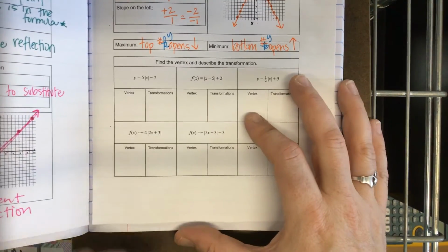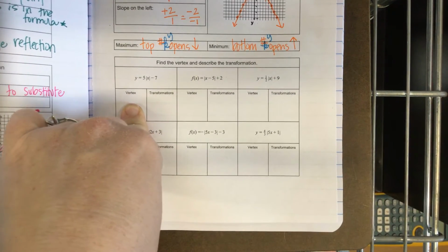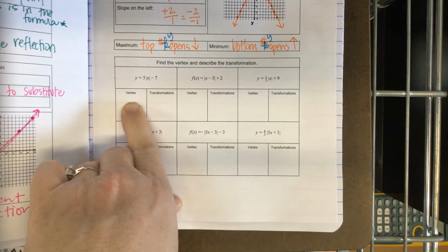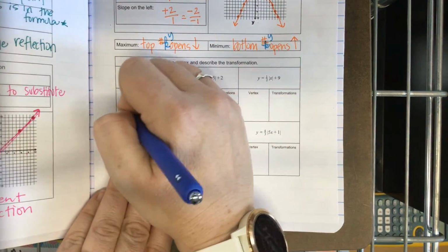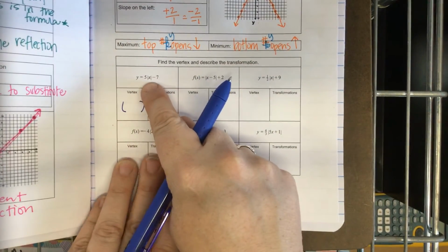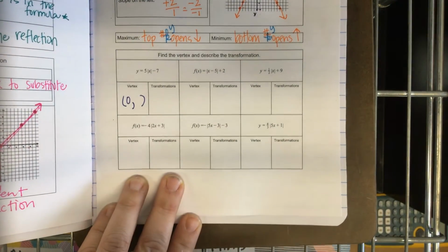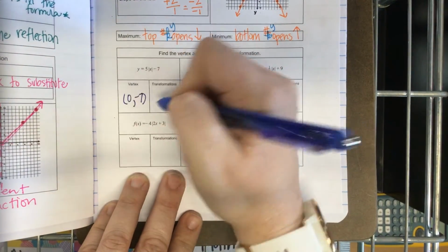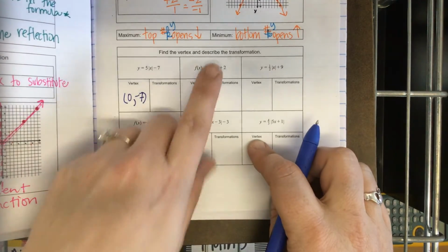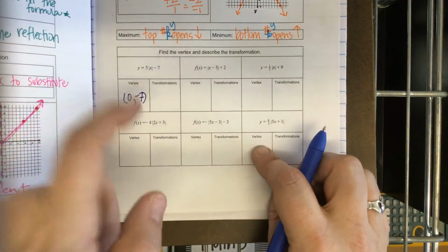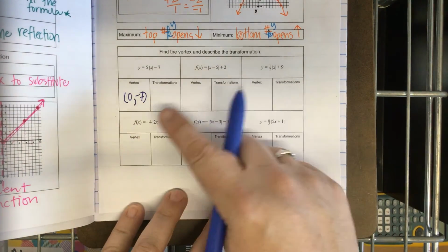All right, let's practice finding this stuff. Here's an equation. What's the vertex? Inside, outside, inside, outside, inside, outside. What's inside the absolute value? 0. Comma, what's outside? -7. Good. Let's do all of our vertices first. Inside, outside, inside, outside. Input, output, if that helps you remember it. It's not really the output, but